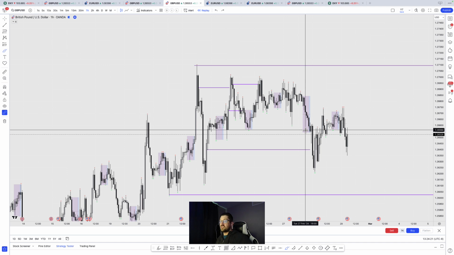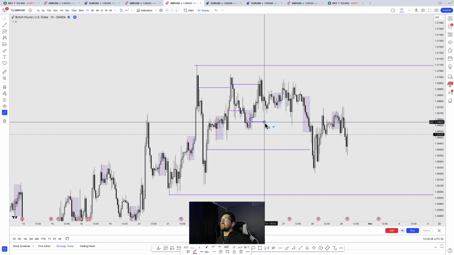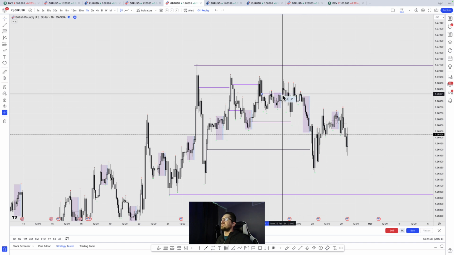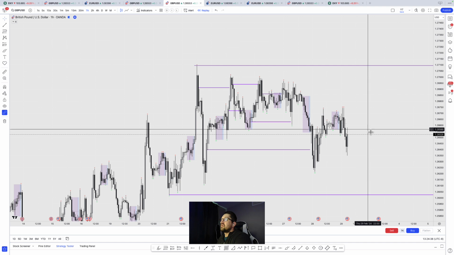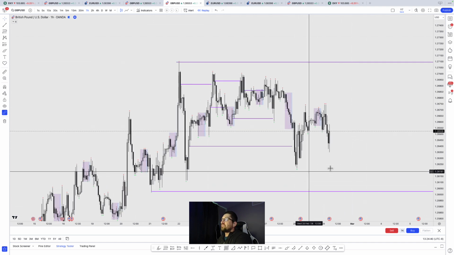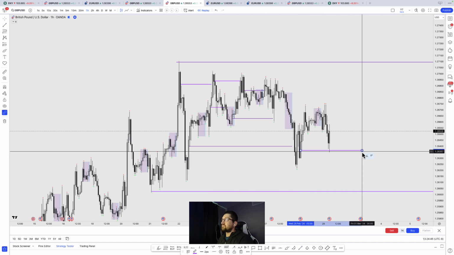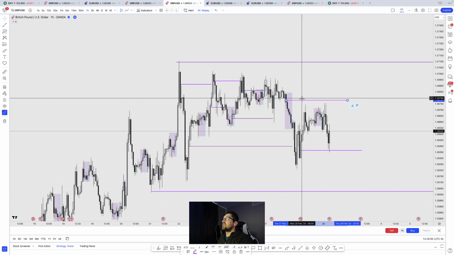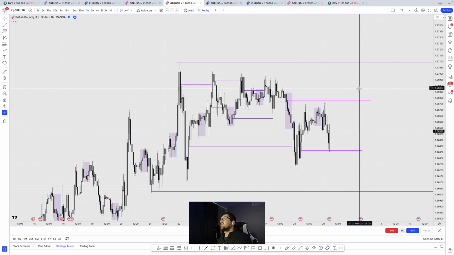So just to mark this a little clearer, I'm looking at the first pullback at the extreme of every range. If I pair that with my timing, that avoids a lot of unnecessary losses. So now I have a push from this extreme to a push from this extreme. Now you notice what I'm really looking for